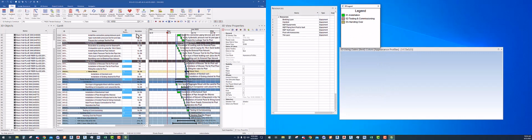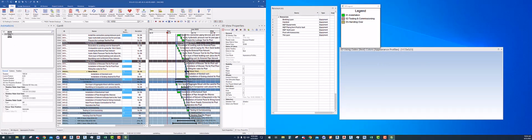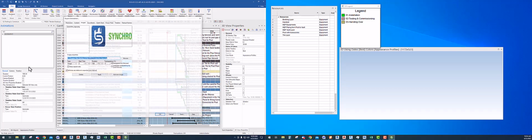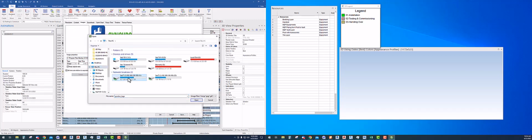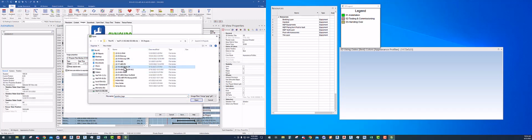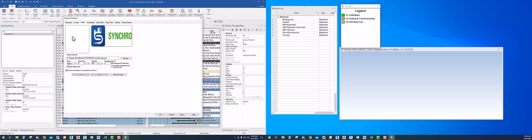Import the image again. Now I will go to my animations. This was my animation, correct? Export animation. I don't want this image. I'll delete it. I'll browse to the new image. I'll choose open. Once I choose open, it is coming. Now I will click add image, so it is added here. Now I will go to content